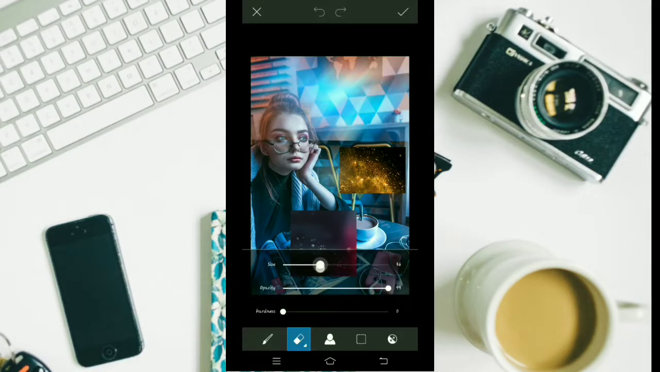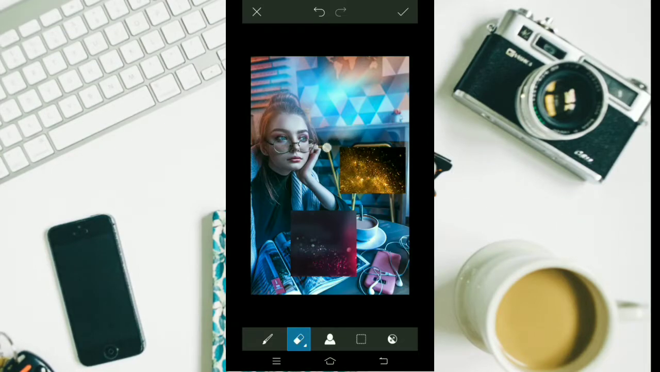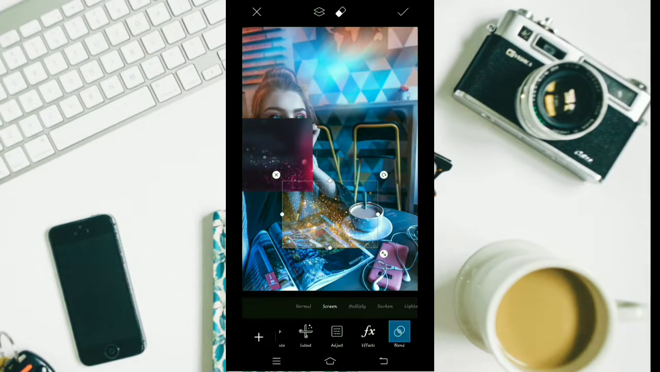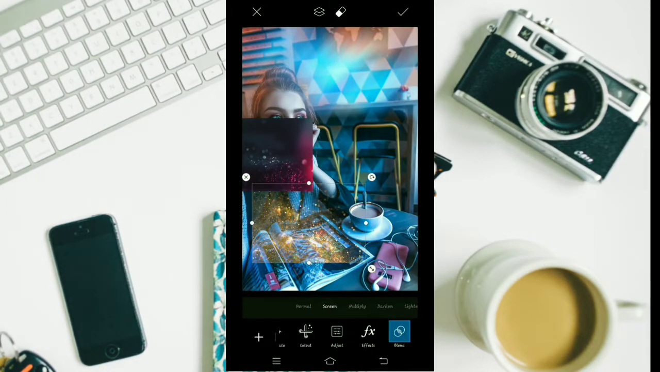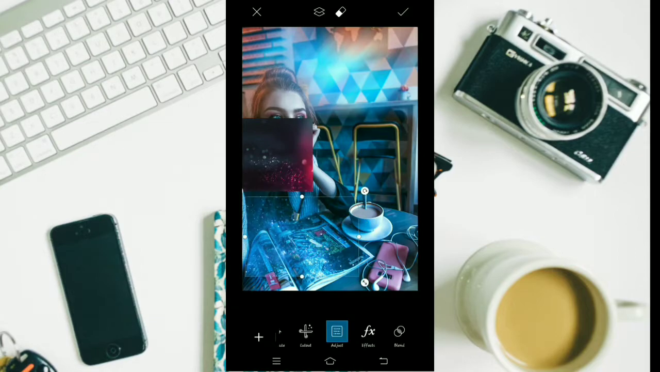Hardness a little less, size also a little less. Okay, simply erase out. Now click on the second photo and change the blend mode. Then go to hue and decrease the hue. Then adjust the PNG at the